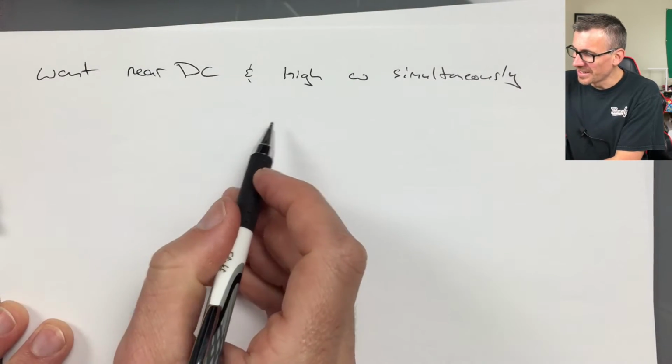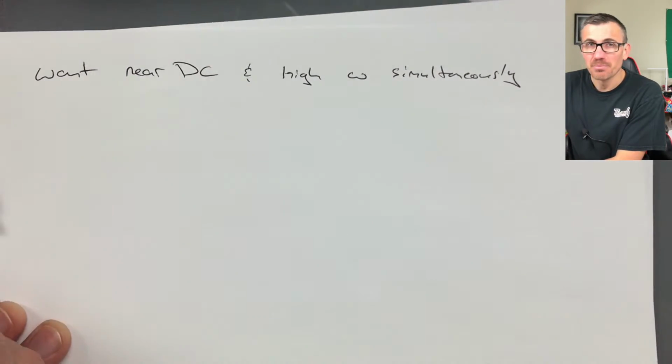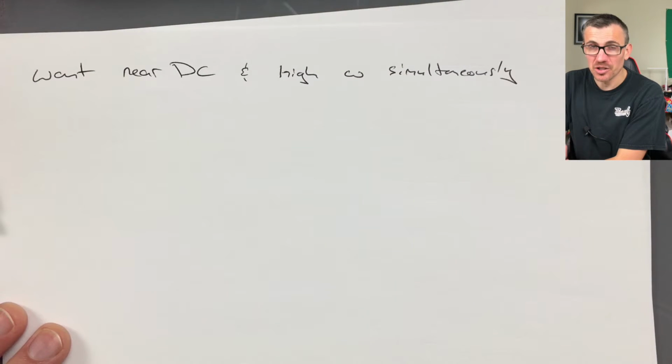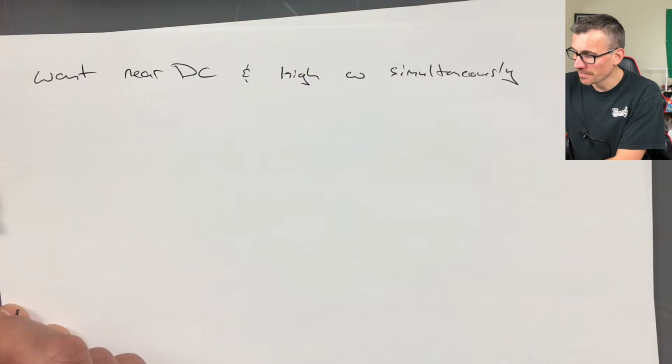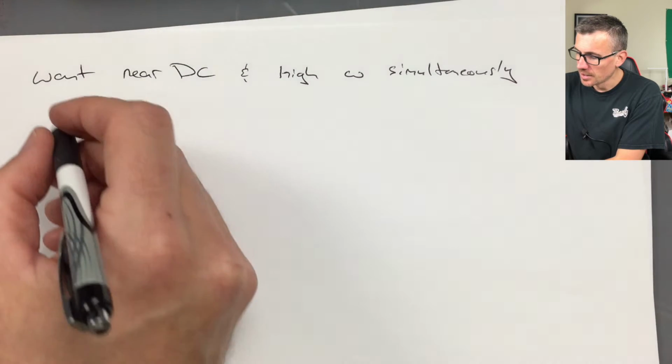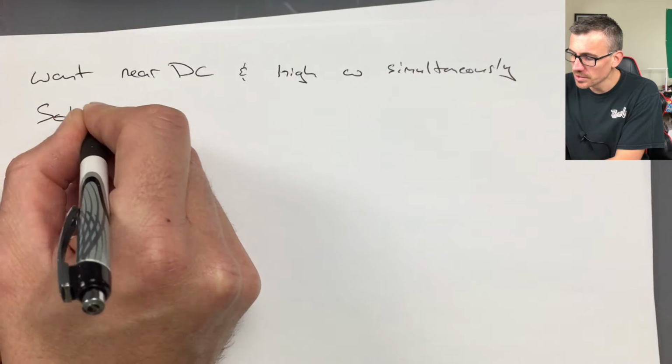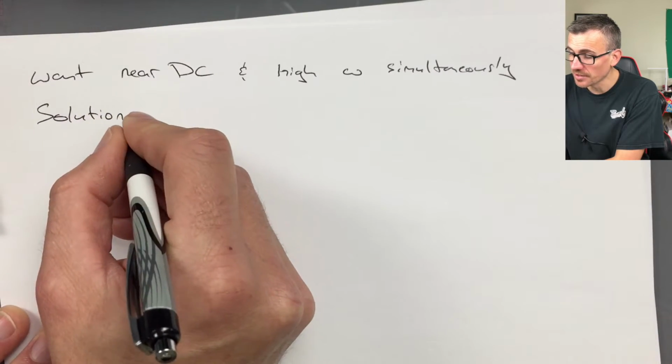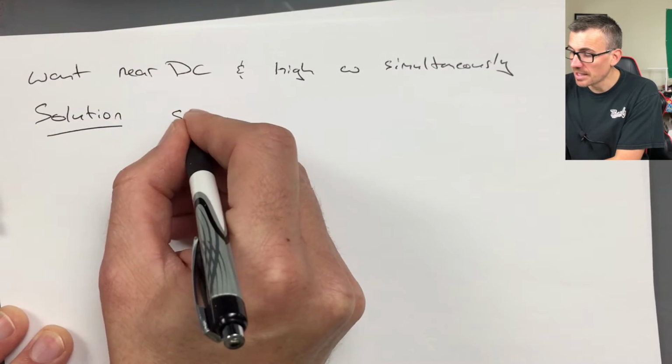We want near DC and high omega simultaneously, but the problem is near DC is like 2 pixels on our plot that we just made, and there's a lot of boring stuff near high frequency. So the solution is to use logarithmic scales. So we're going to use a semi-log plot